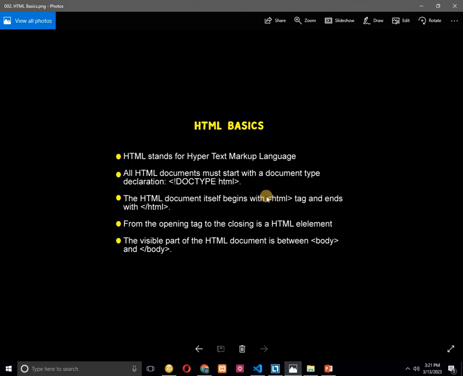Alright, so these tags are like the words of a language, and the combination of different words makes up a sentence, and a sentence conveys a meaning. So these HTML tags, when they are combined in the appropriate ways, make meaning to the browser, and the